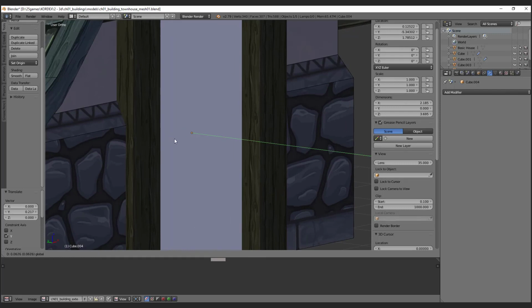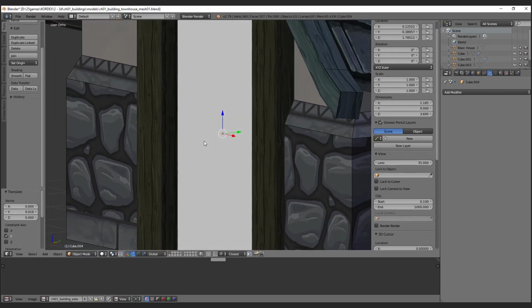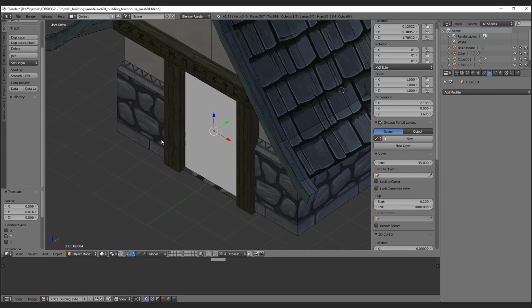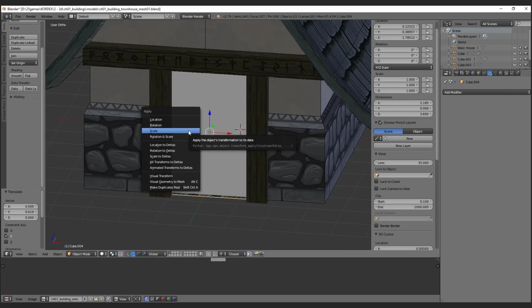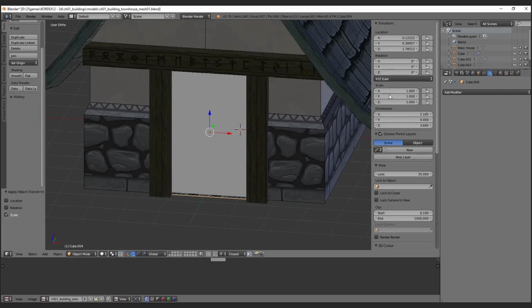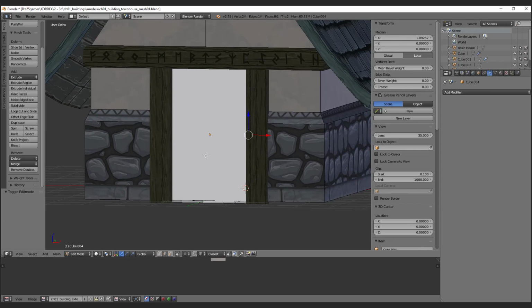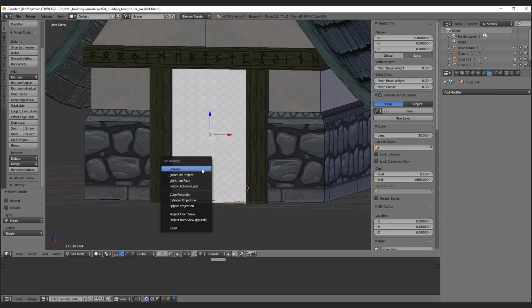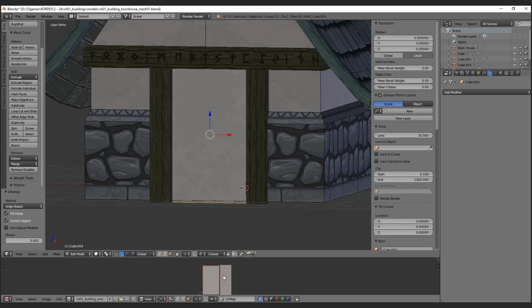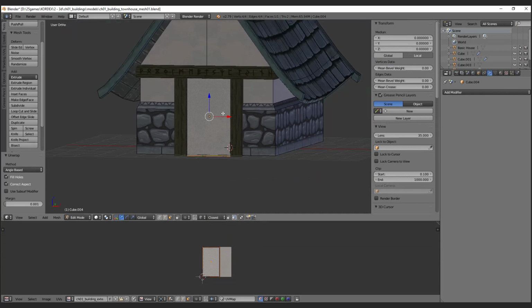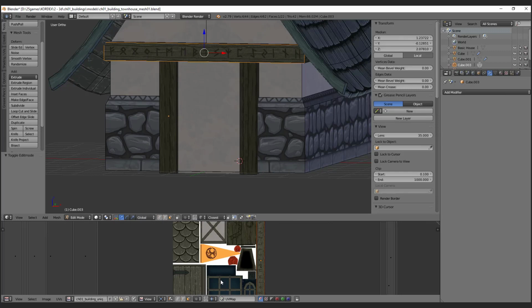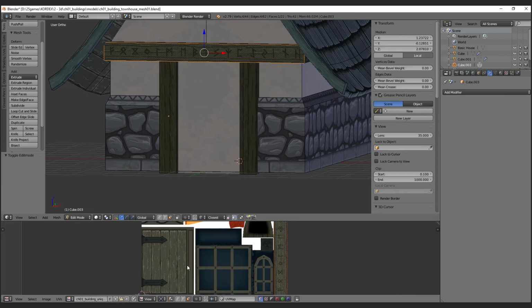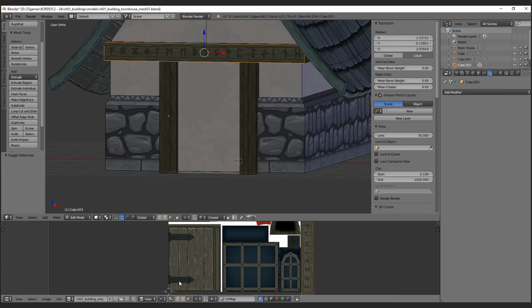For sure, maybe somewhere here, so that we can see that the socle is not influencing my door at all. Okay, apply the scale, but it's totally fine. Okay, now I go to edit mode, face, and unwrap my little door here. And I will need this texture from this material, because we have here a door already